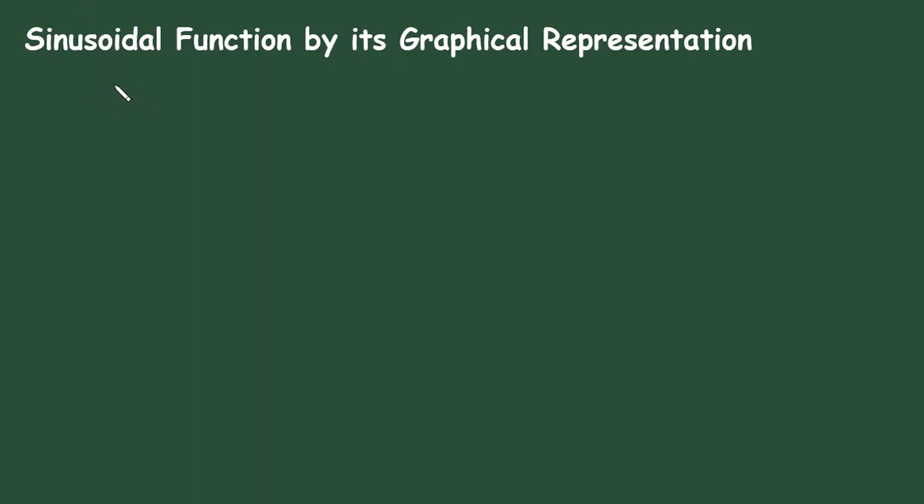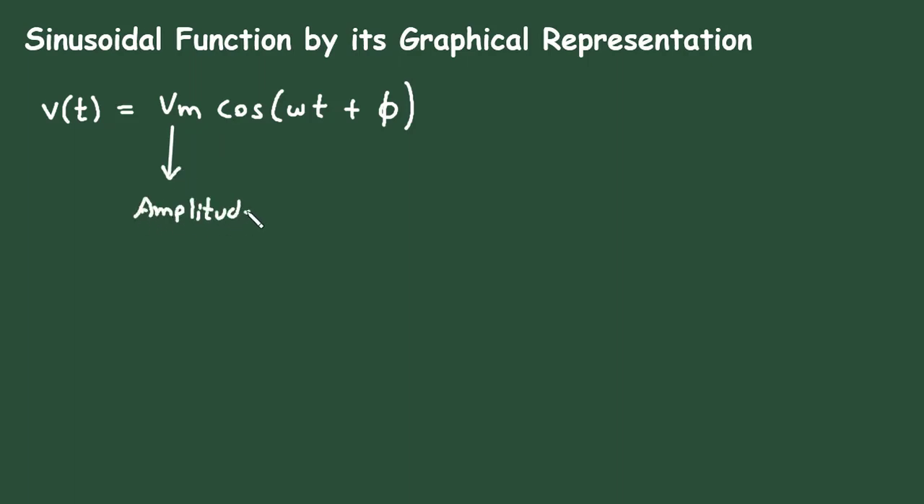In this video, we will see sinusoidal function by its graphical representation. So let's understand this by an example. Let's take v of t is equal to Vm cos omega t plus phi, where this v of t is the sinusoidal voltage, Vm is the amplitude, this is the amplitude or maximum voltage,